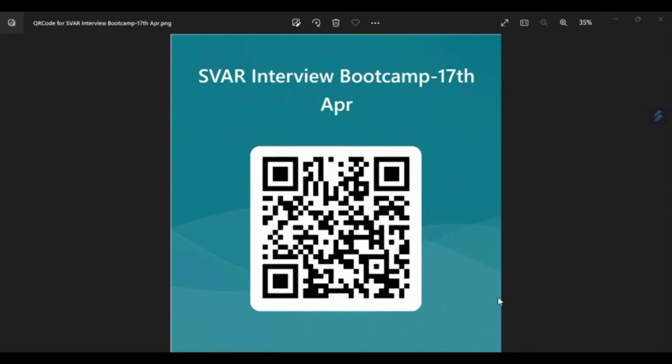So candidates are not able to download the software, the browser, due to some reasons. I think they need to read and go through the instructions. They will get an email, right? So in that, all the instructions are given. They need to ensure that the system they are using is compliant with those requirements, and then they can